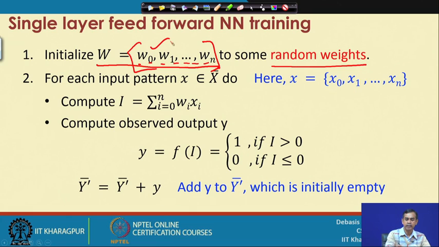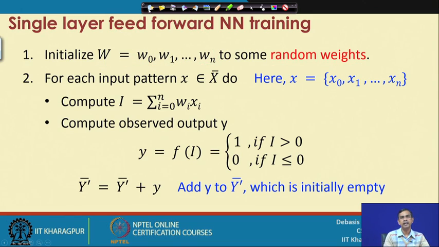So, initially this weight matrix is initialized with some random values. This is the initialization of the weight matrix, and for each input pattern x belonging to x bar, the input data set, where x is like this one,